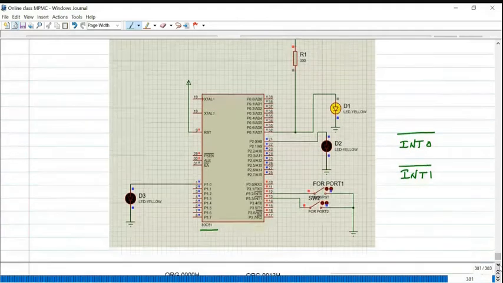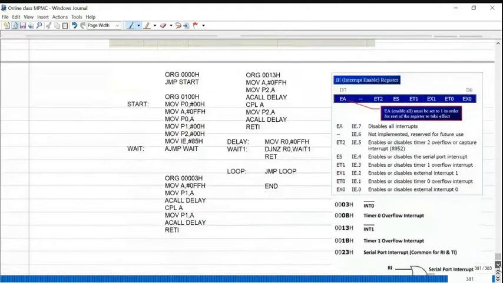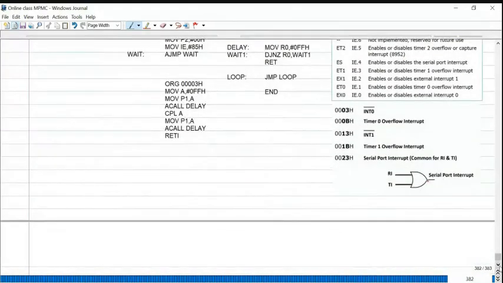location. So what is the default address location of the interrupt? Which is given here. External interrupt 0 occurs by default from the address location 0003, so whatever code is written there will be executed. Whenever external interrupt 1 occurs, from the address location 0013, whatever program is written to service the corresponding interrupt will be executed.